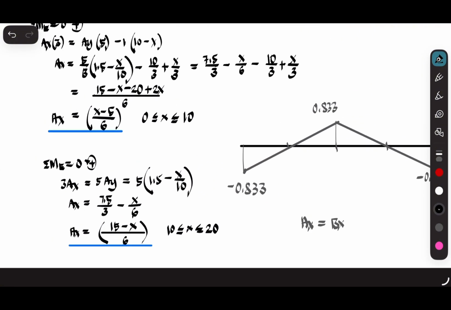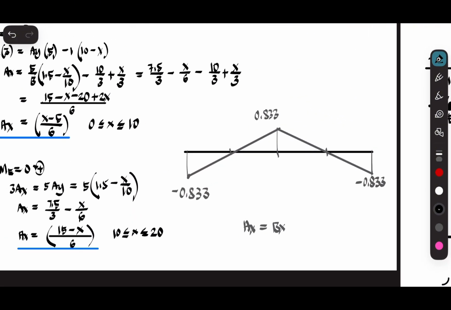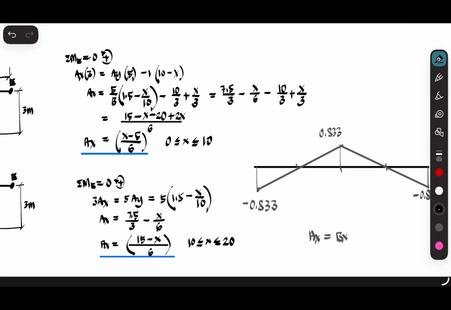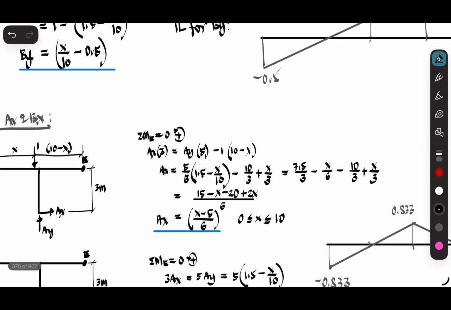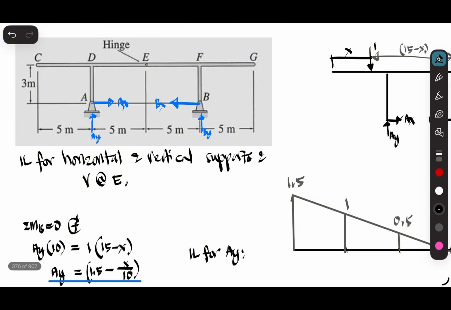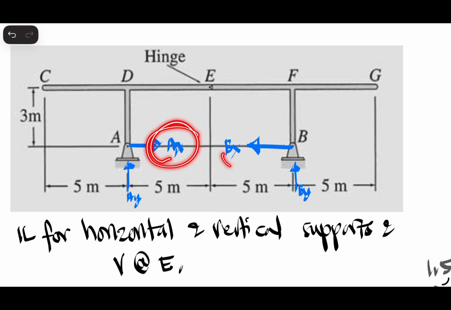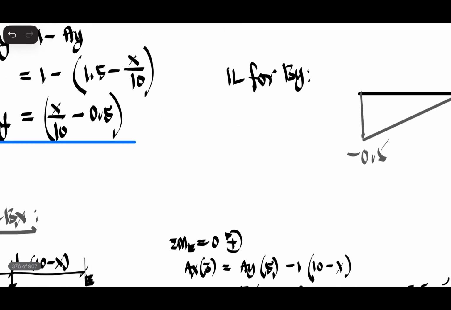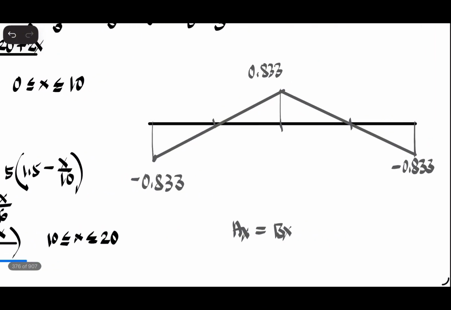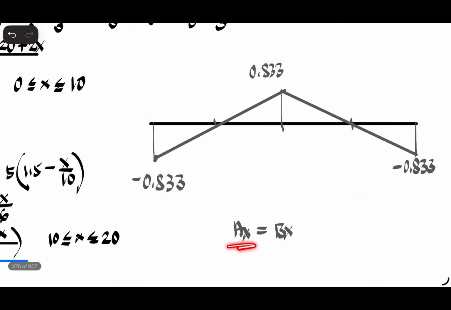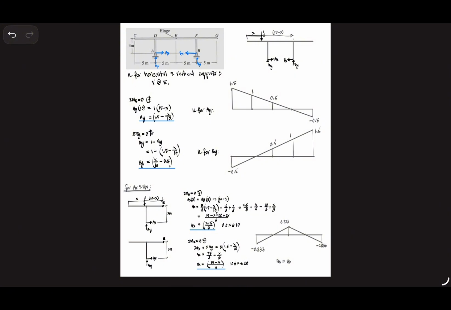Substituting these values of AX, we will now have an influence line for AX. And then if we look at the free body diagram of the entire frame, we can say that AX is equal to BX. So this influence line is similar, or equal, for AX and BX. So they will have the same influence line. And then the last